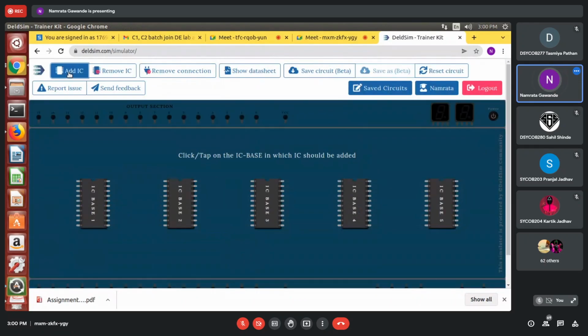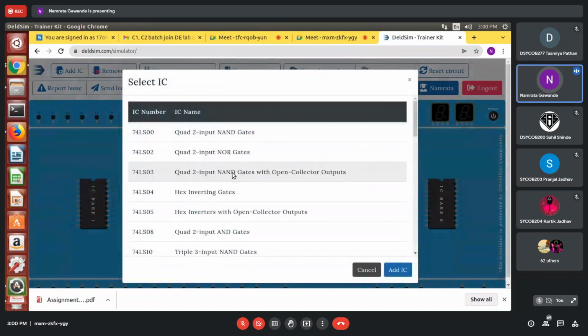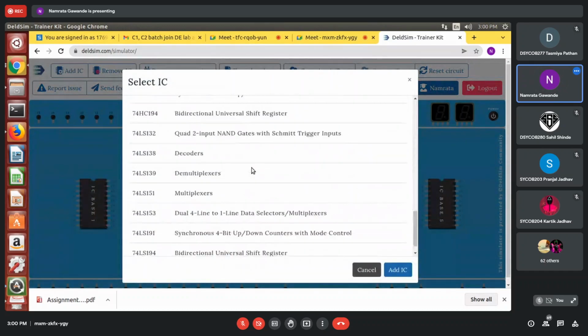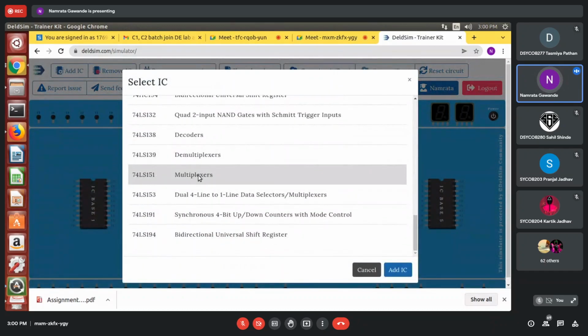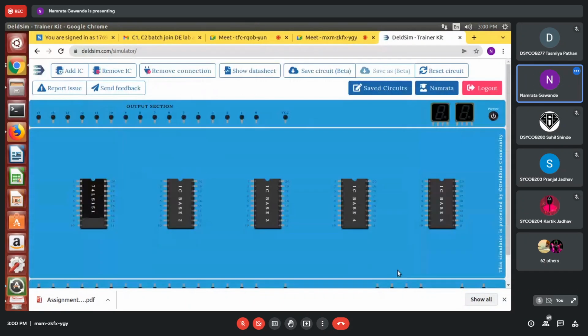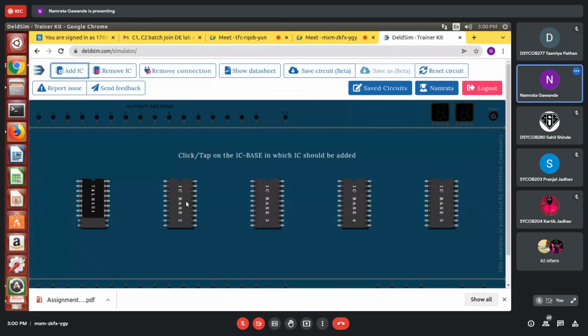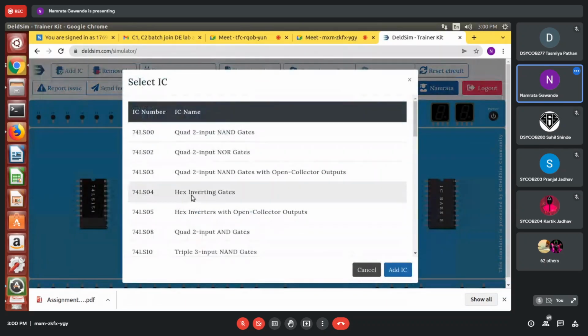Add the IC. You will require 2 ICs over here. One IC is the multiplexer 74151. Another IC required is for the NOT gate, that is 7404 hex inverting gates.